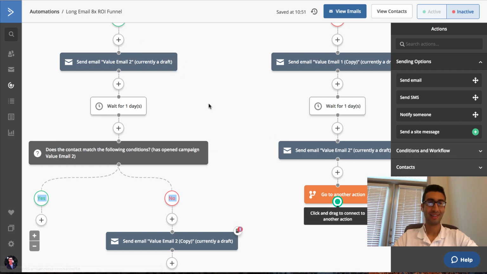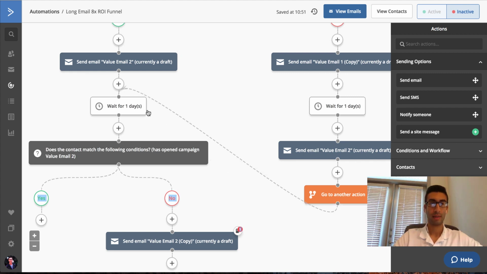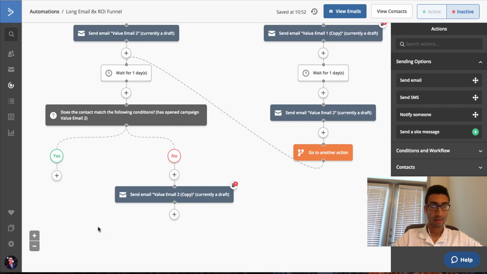Okay, you guys, I'm kind of stuck. Okay, so wait, this is value email 2. They will have already gotten that. Okay, so we want to hook it up right here. Okay, so is that hooked up? I think it's hooked up. Wait for 1 day. Yeah, cool. And then did they open this email? Okay, so that's the question. So if they did,